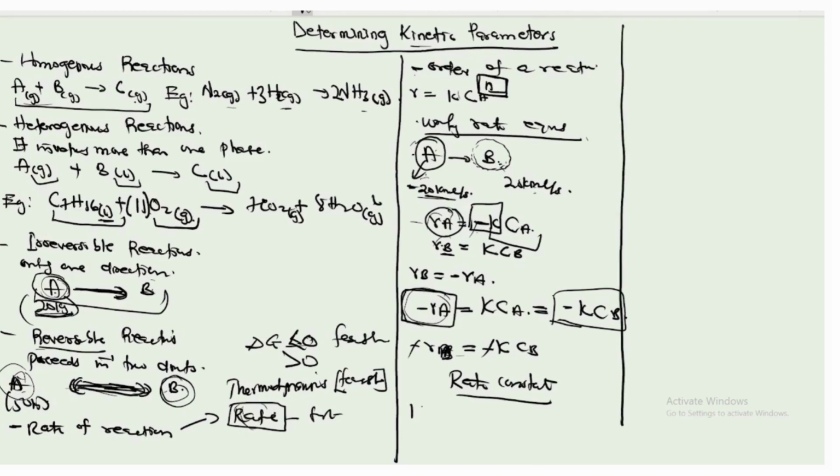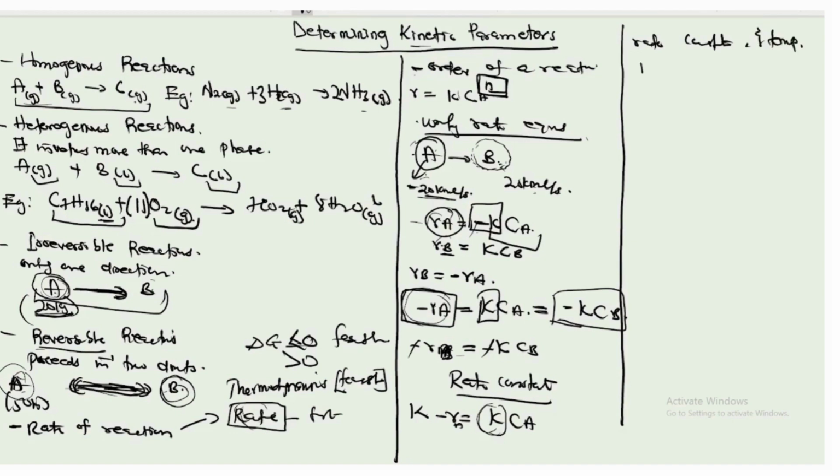So now the K here, the K that we have here. From the rate equation, R is equal to KCA. Negative R is equal to KCA. This K here, even though we are calling the K a rate constant, it's not entirely a constant. Why? Because it depends on temperature, right? So the relation between the rate constant and the temperature